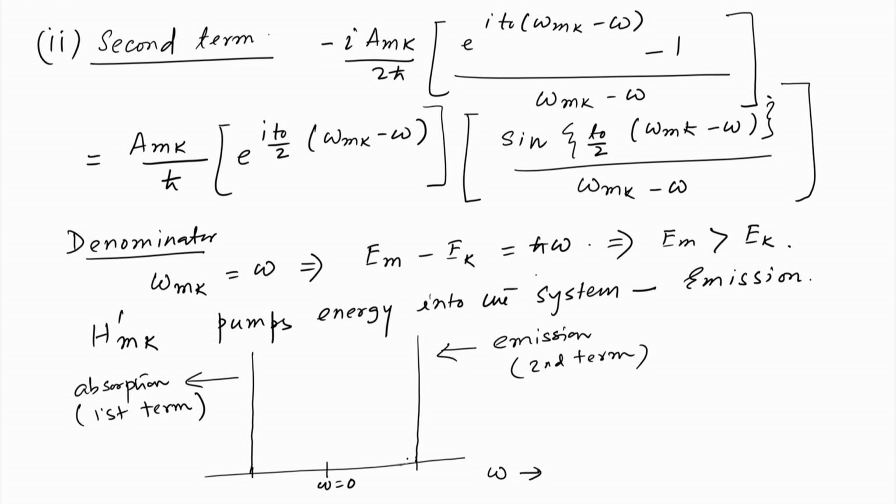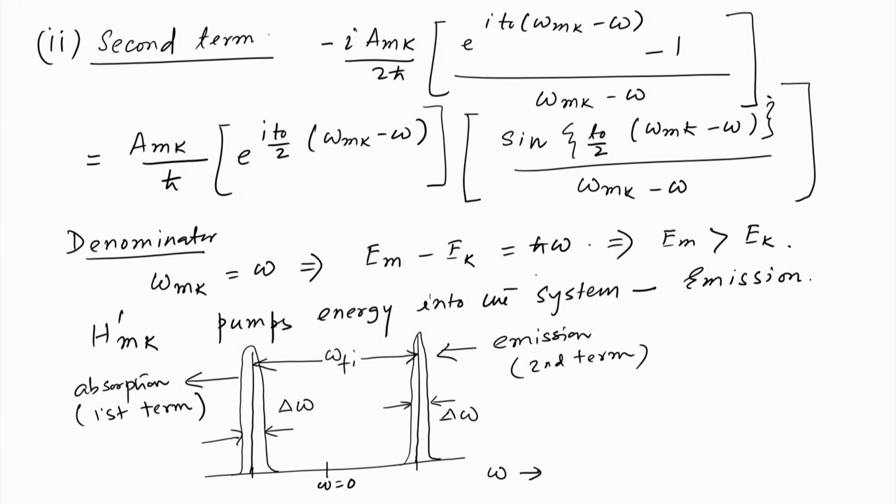So, let me give a little bit of width to these lines. These will be the spectral lines that will be seen for each one of them, and let us call the width delta omega